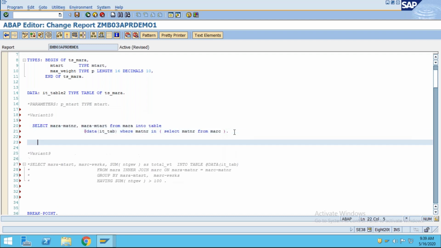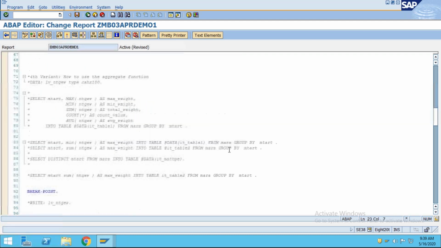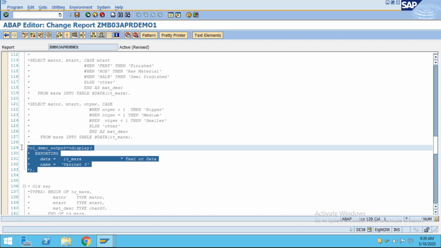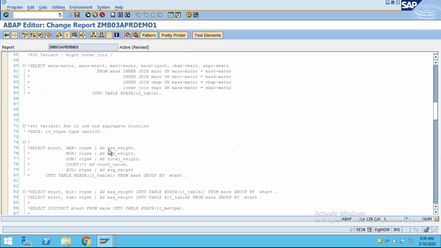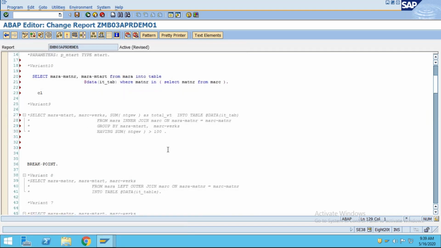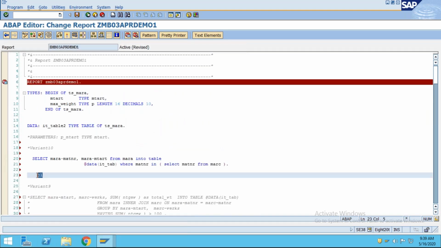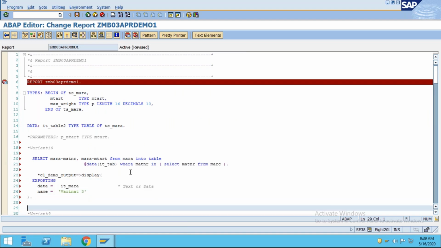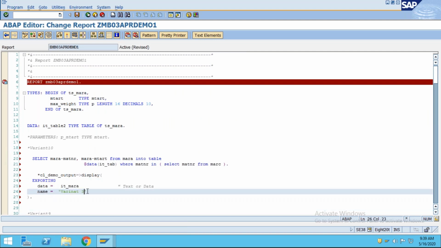And if you want to display this one, we can use cl_demo_output. Earlier we have already written it somewhere. We can use this one, copy this, and we can display the record, or we can even watch it in variant 10.